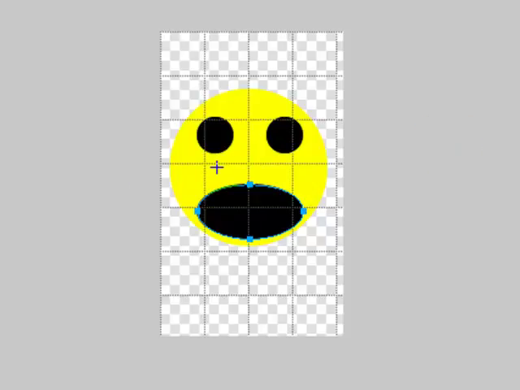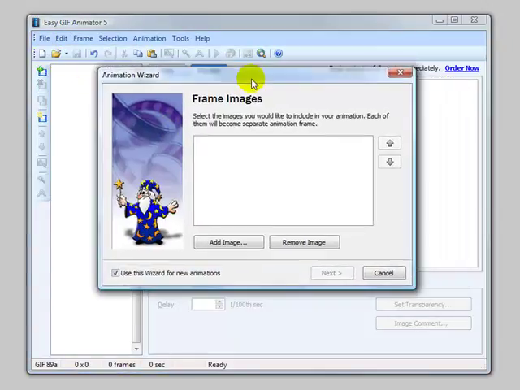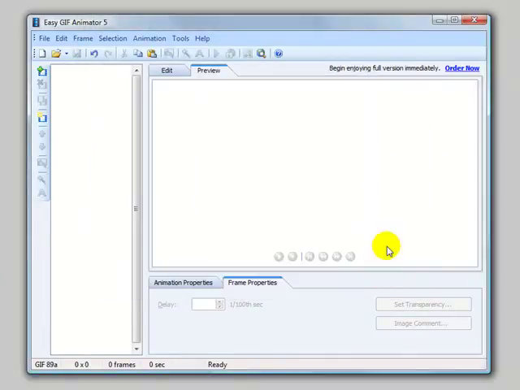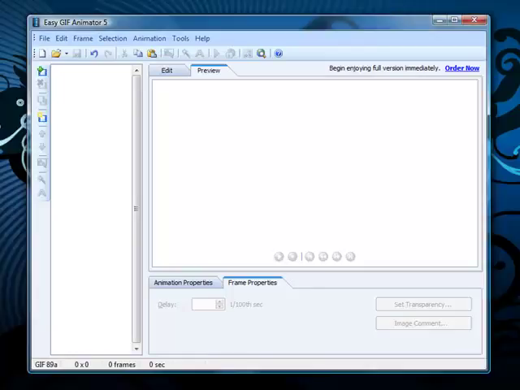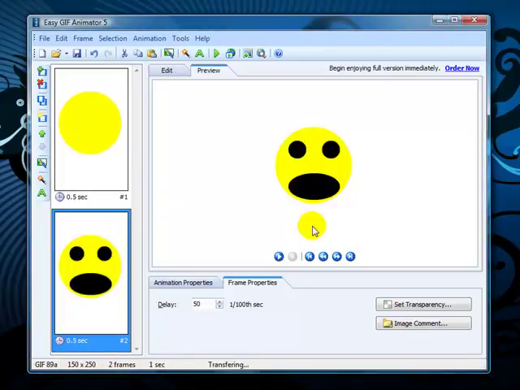So I have my two images saved. The first one was just our generic yellow circle. The next one has our face on it. I open up my Easy GIF Animator, and when I do, 9 times out of 10, I'm going to see this screen. And it's going to request me to add images, and then I get to pick and select where I want to get the images from. For me, I hit cancel by default, and I drag and drop what I want. So I drag our first basic yellow smiley, then I add the mouth. So I add my two different pictures that I saved from Adobe Fireworks,